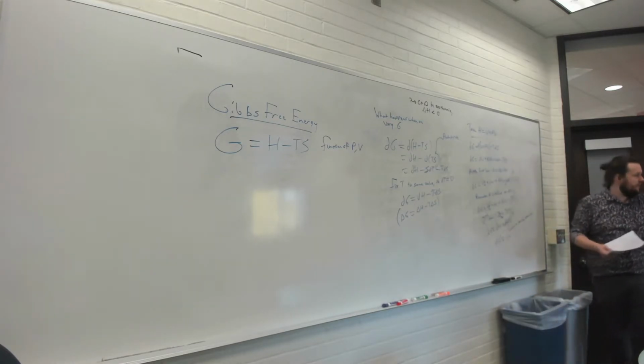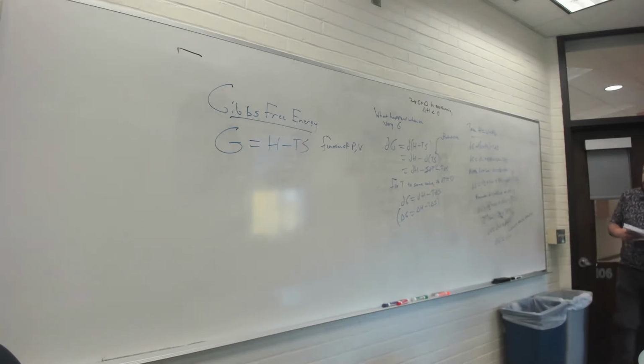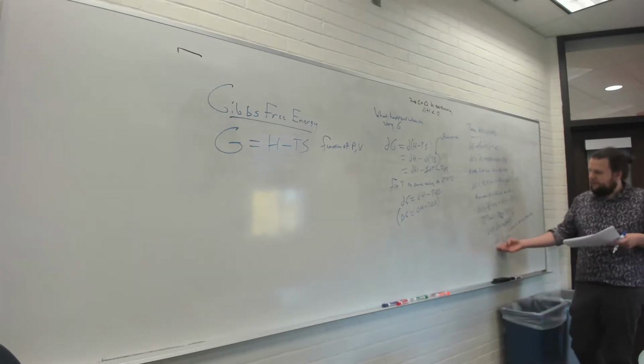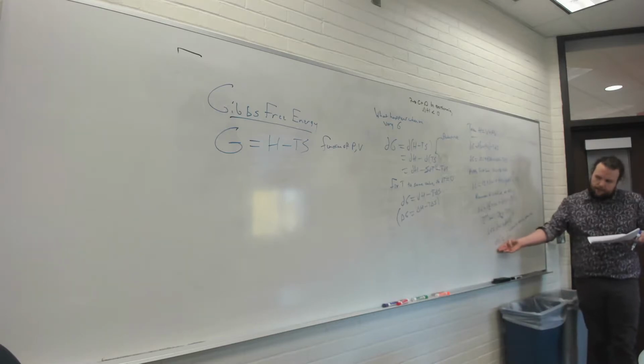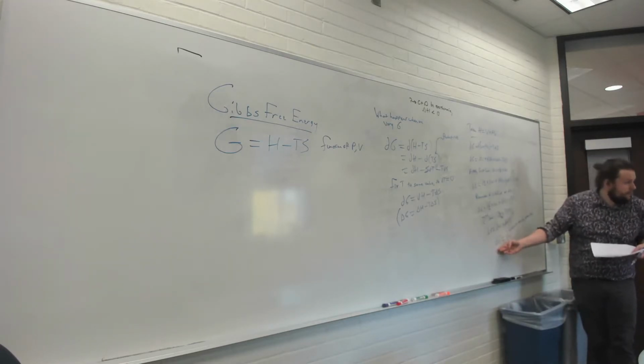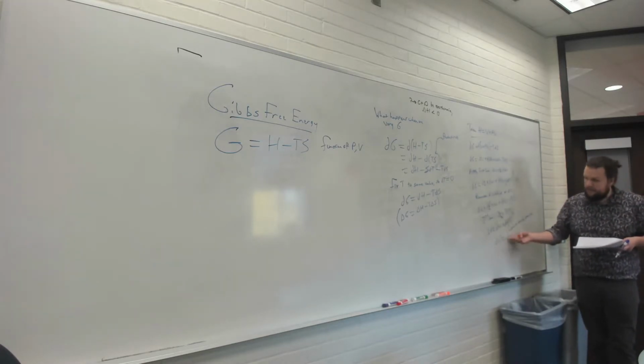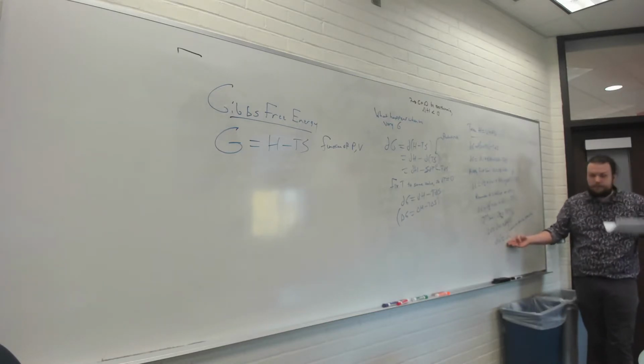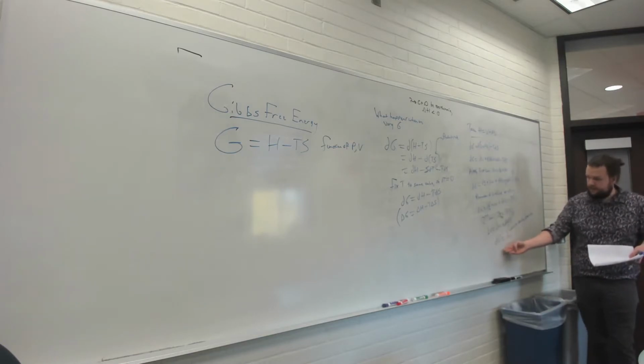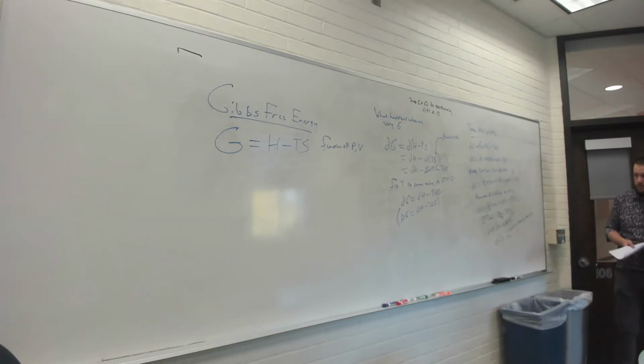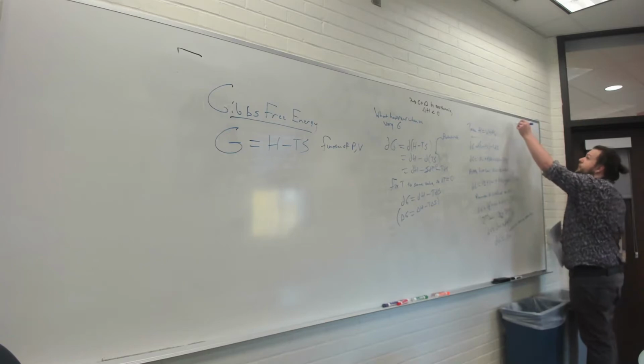And this is exactly the concept that I was getting at: if Gibbs free energy is a negative number, then that means that there's a little extra energy being released by the system that you can use for work, right? This is energy that you can use. All right, let me write that down. So if